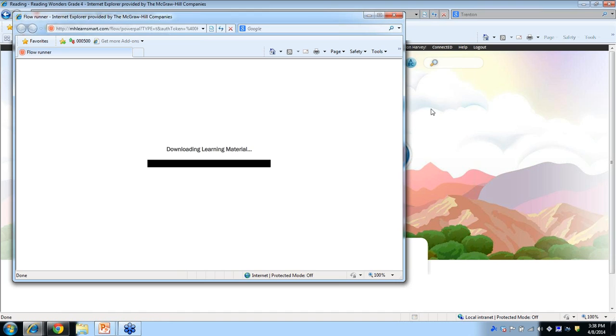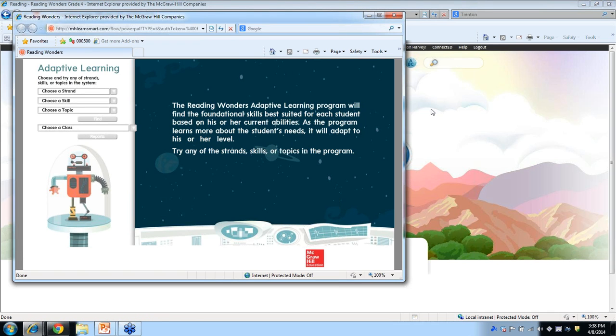As that's loading up, I want to take a minute to look at any questions that have come through. Remember, at any time you can type in a question. Are only the intervention students able to use the adaptive learning platform? Yes, they have to have that content. At any time you can assign content to other students, but that is who it is intended for. I didn't see who asked that question, but what I'm showing you here is a great way that, even if they're not labeled or assigned as an intervention student, through this teacher view you could play it as a whole group, or put it up on a smart board,